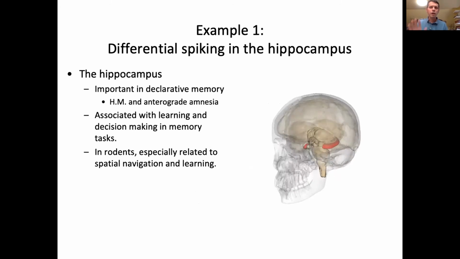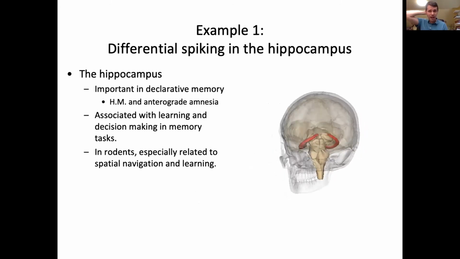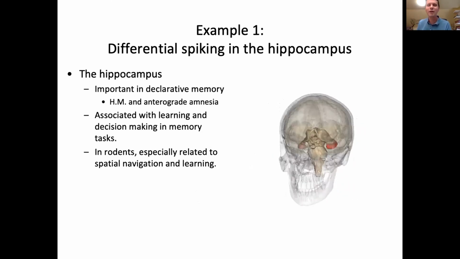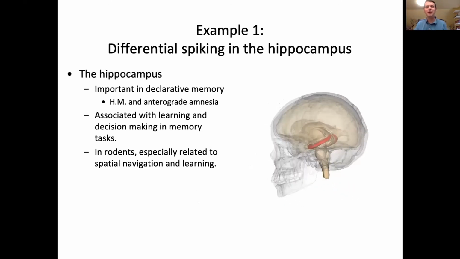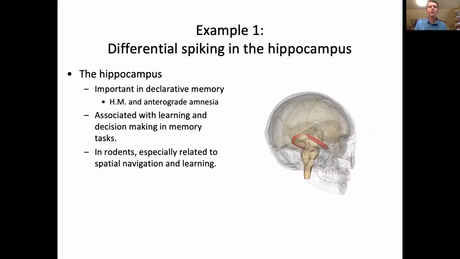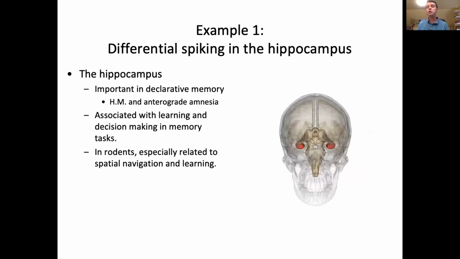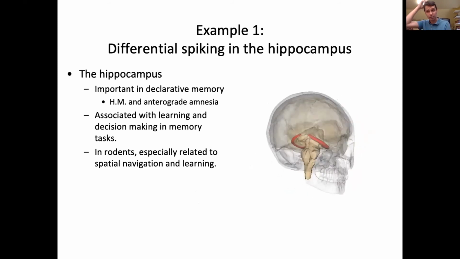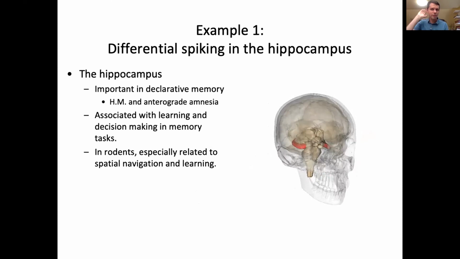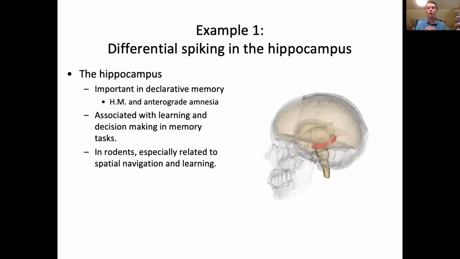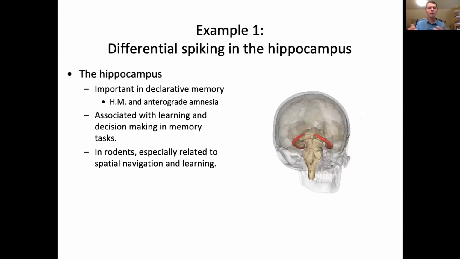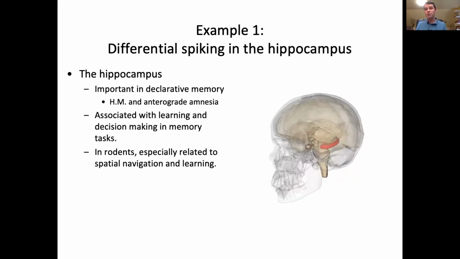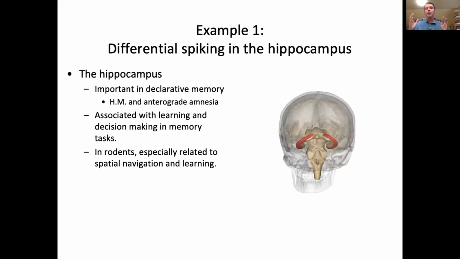Okay, so I'll talk about two examples. And the first one actually comes all the way back from Dr. Prerau's PhD dissertation, trying to understand differential patterns of activity in the hippocampus, in particular in the hippocampus of rodents. There may be many people in the audience who know more about the hippocampus than I do, but I'll briefly state that the hippocampus is an important structure in the medial temporal lobe that's fundamental for memory